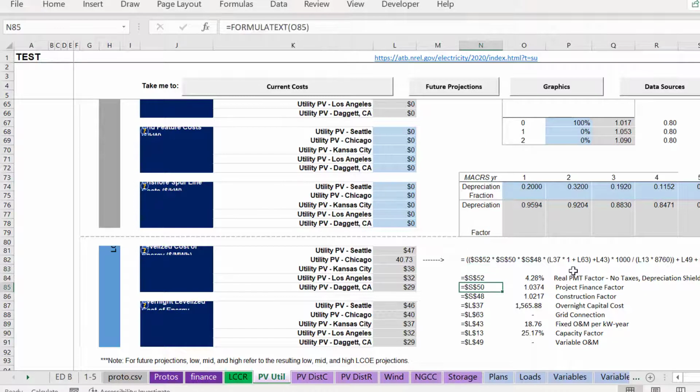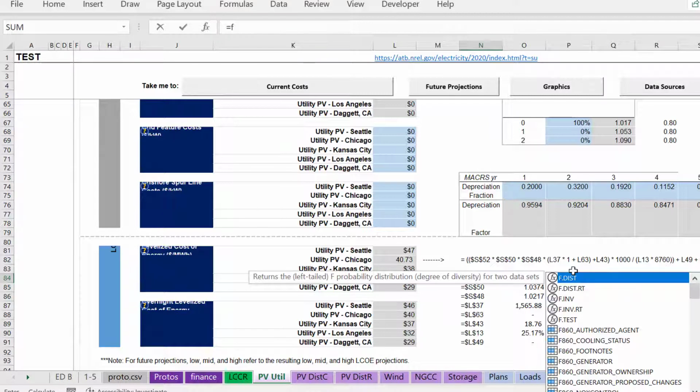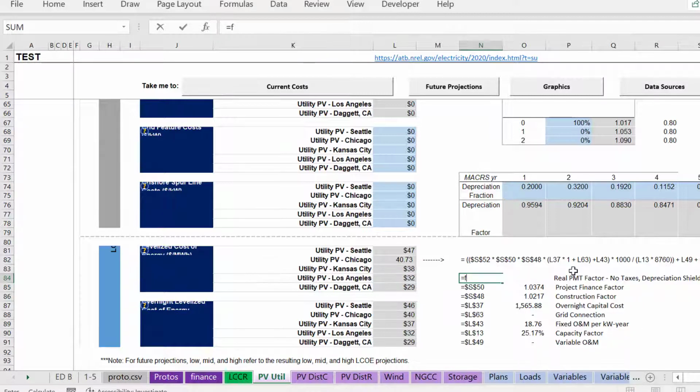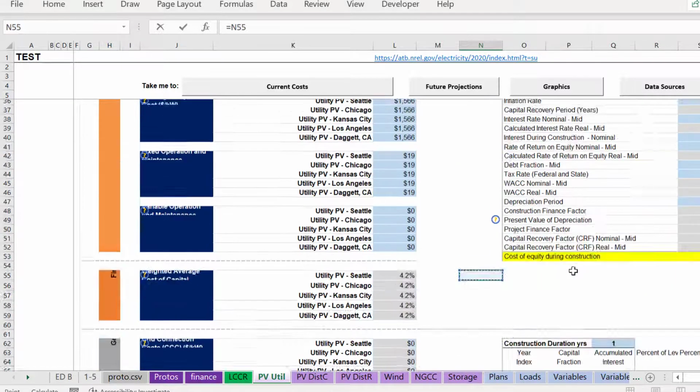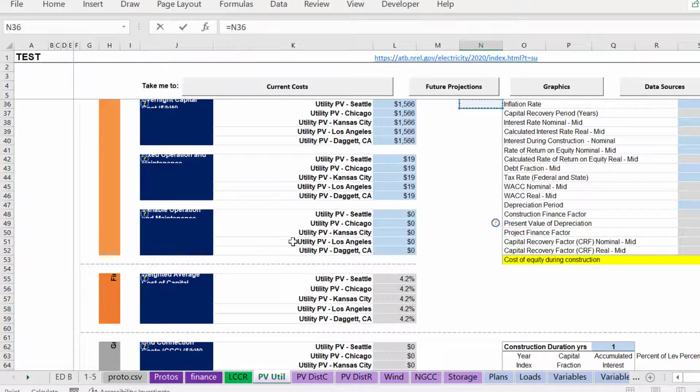I'm going to go up here. I put in an equal sign and just put S52, okay? And then I can put equal formula text here, or no, let me do it like this: formula text equal, and I'm going to go to S52. I'm trying to understand what's in S52. And down here, S52, that's the